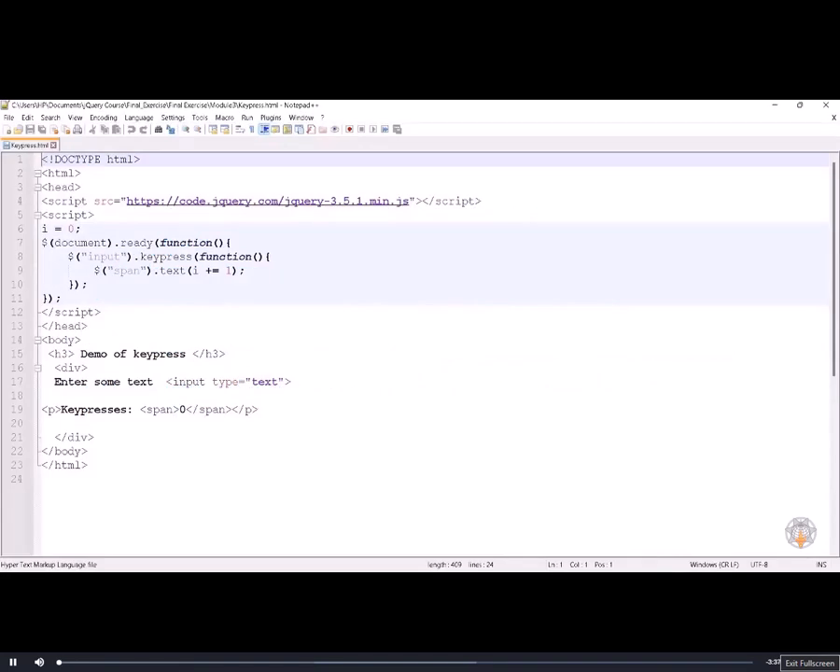Now let us see the demo of key press event. In the div tag, we have an input element in which the user is expected to enter some text. Below that, there is a paragraph tag. The key press count would be displayed as soon as the text is entered. The default value of the key pressed is shown as 0 because as soon as the document loads, no key